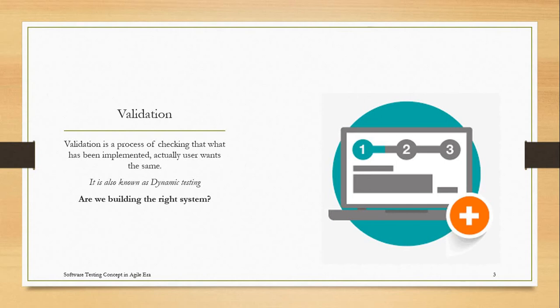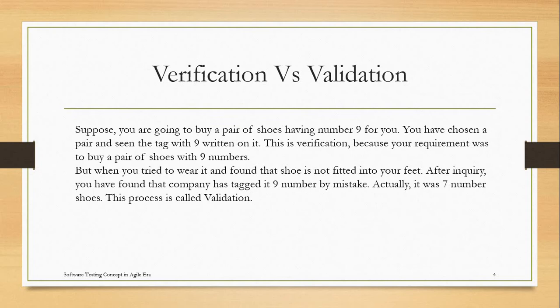Okay, so I hope it will be clear after seeing this example. Suppose you are going to buy a pair of shoes, right? You are looking for 9 number shoes. You went into a shop and asked the shopkeeper, please show me the 9 number shoes. So the shopkeeper has given you a pair of shoes of 9 number. Here suppose there are 2 steps you take. You open the shoe box and check whether the 9 number label is there on both shoes, on the pair of shoes or not.